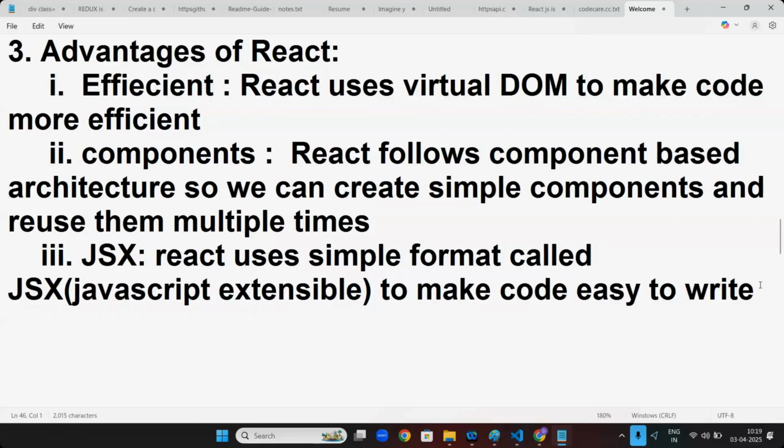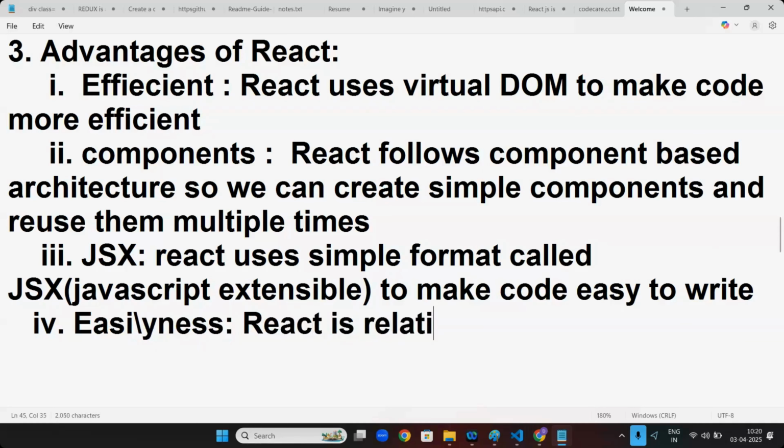Last but not least, easiness. React is relatively easy. Relatively, meaning if I compare it with any other thing.